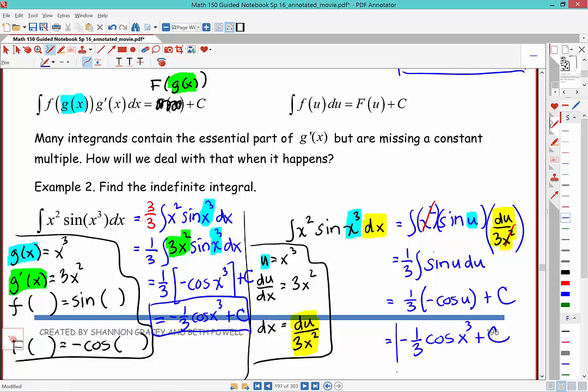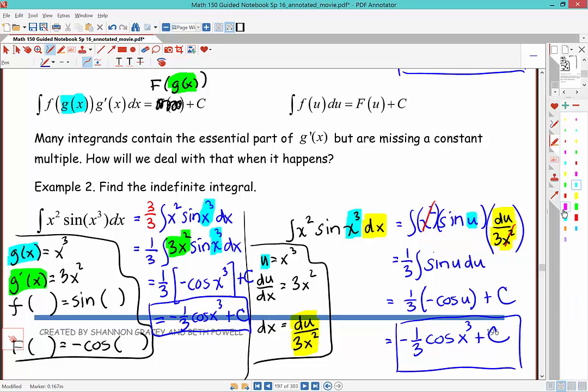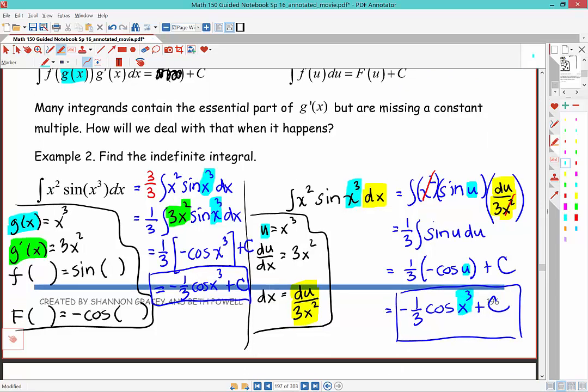Alrighty, so with this one we had to back substitute. And again, I don't care which method you use as long as you can evaluate these things. Okay, so next up,